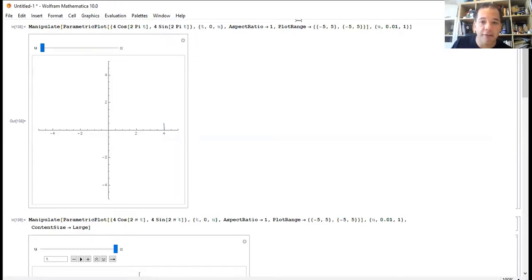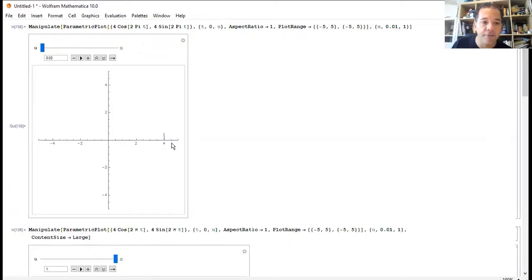And what I asked Mathematica is to only draw it from 0 to u. And then I have a slider here for the u, so that you can see what happens as time goes by, right? Remember, this is kind of like a movie. That's the way we should do it, right? As time goes by, it starts from 0 or close to 0, and then it starts growing and growing and growing. And this is what happens when we're at 0.25, right? And then I keep going.